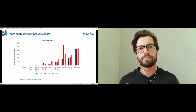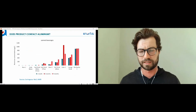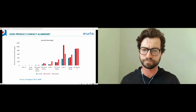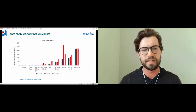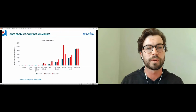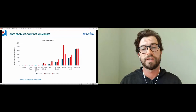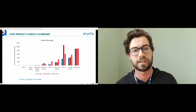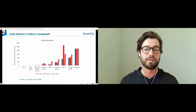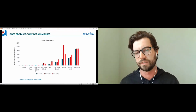So does the product actually come in contact with the aluminum? This is some data that was collected looking at different beverages in can. And you can see here that cider over the course of 9 months, when we look at aluminum concentration, we do see an increase over time in the concentration of aluminum in those products. So what that tells us is that the aluminum is potentially making contact with the product and dissolving into